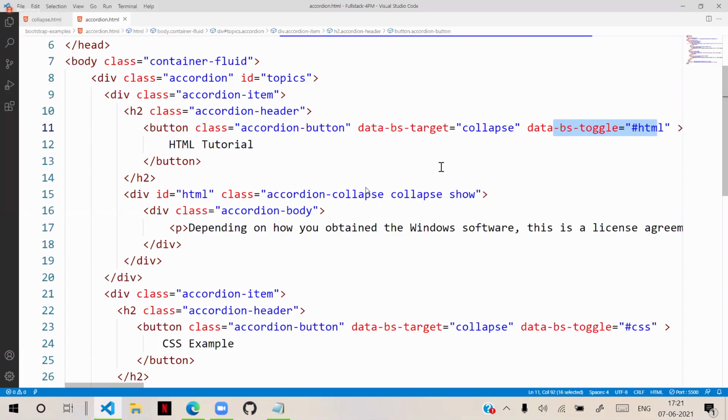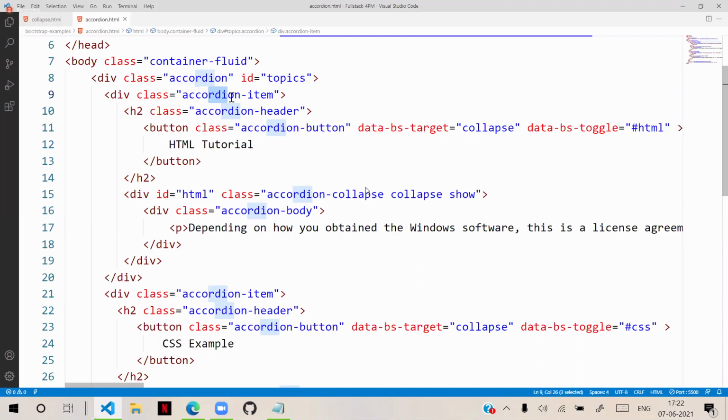Now let's see how the accordion is going to manage. This accordion doesn't have an ID. This is the class accordion. It's having just ID topics. All these items should work for the topic. They should work for that particular topic.